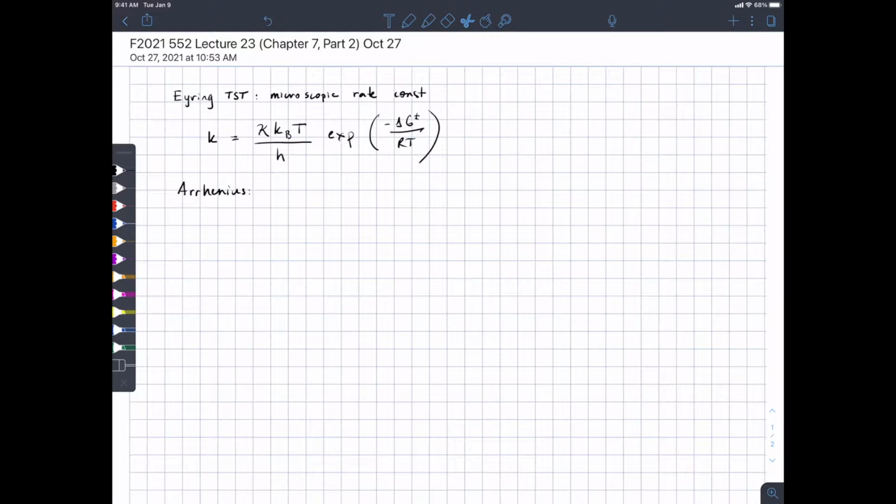This is for a single step in a reaction mechanism, the reaction of a single molecule or group of molecules, the same transformation. The rate of that reaction depends on the activation free energy, how high you have to go up to get to the transition state, and then it depends on a host of other factors, including temperature, and then these constants. And we talked about how if you plot the natural log of the rate constant times Planck's constant over this term kappa, which is often assumed to be close to 1, the Boltzmann constant and T,